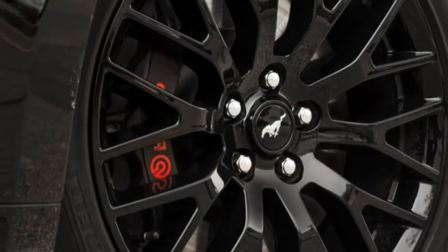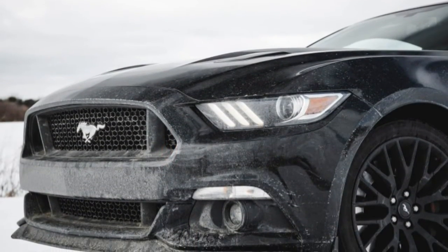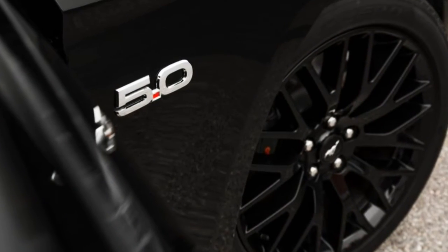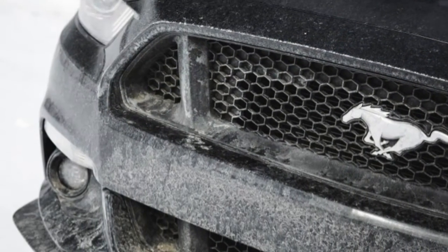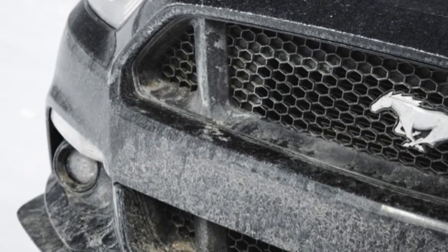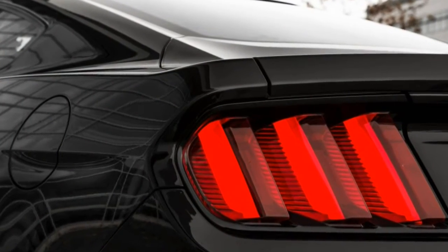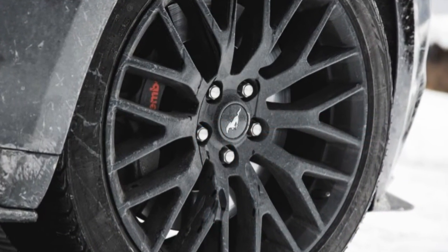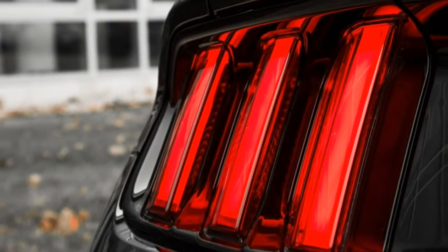Performance figures from our test car's initial visit to the track after its break-in period were strong and slightly quicker than our long-term 2013 Mustang GT's, with a 0 to 60 mph time of 4.3 seconds and a quarter-mile pass of 12.9 at 112 miles per hour. Pricing is reasonable, as base GT fastbacks start at $33,295. Our premium coupe in Shadow Black stickered at